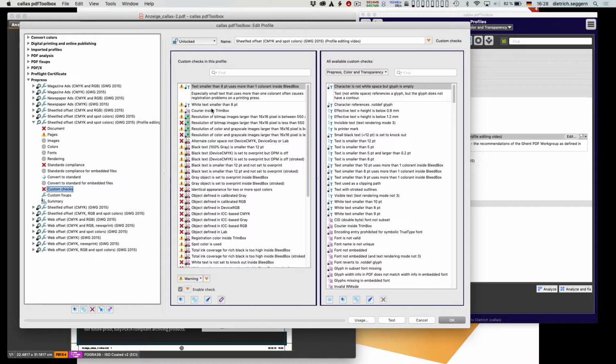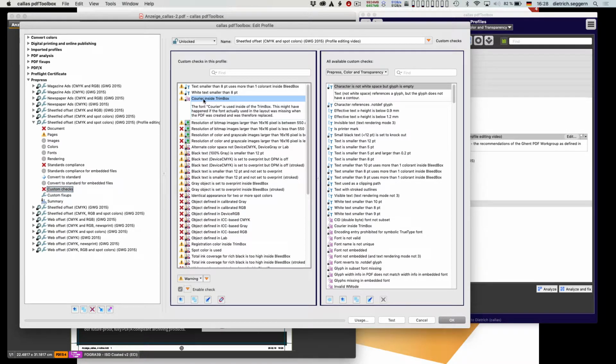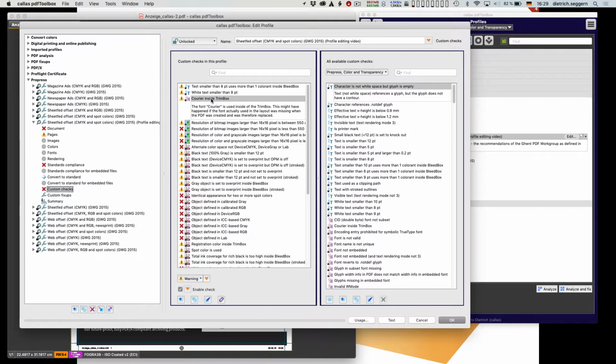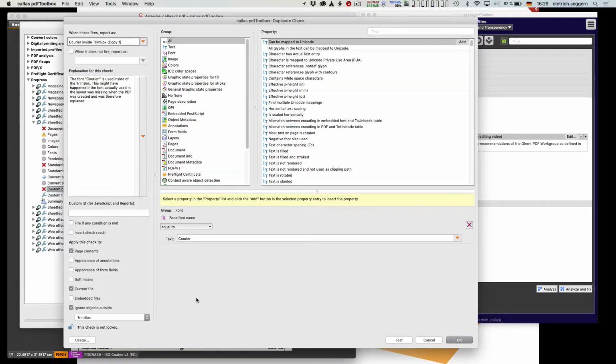And then we just pick one, and this one is here Korea inside Toolbox. And if we hit the edit button here, we again see, yes, everything is grayed out, and we already know why that is. We need to create a duplicate. And now it says base font name equal to, so we have something of type string here, equal to Korea,